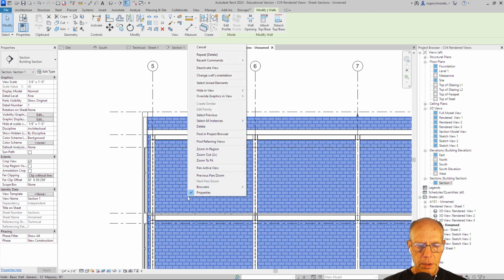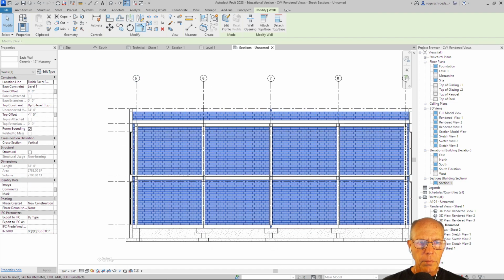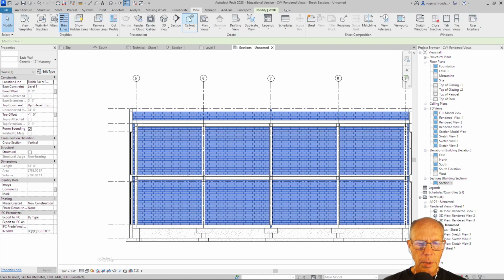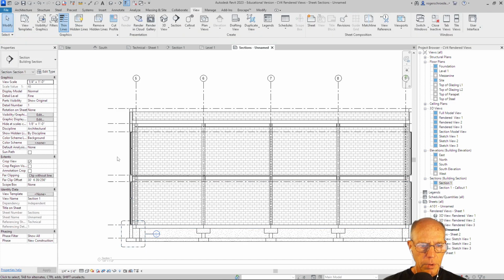I'm going to go ahead and leave this view activated now, and we're going to do a couple of things with our view tool. We're going to make 3 callouts. So I'm going to grab the callout tool, and I'm going to draw a rectangle, and I'm going to draw it in 3 specific locations: the foundation, the mezzanine floor, and then the top of the roof connection. I'm going to try and make these rectangles all very similar in size because we're going to lay these out next to each other on